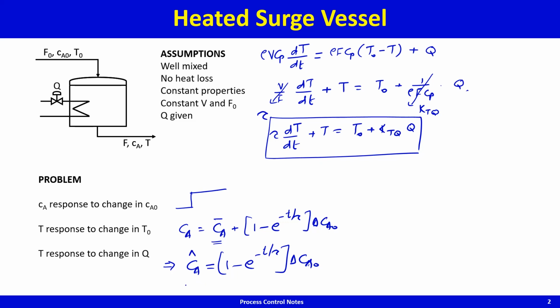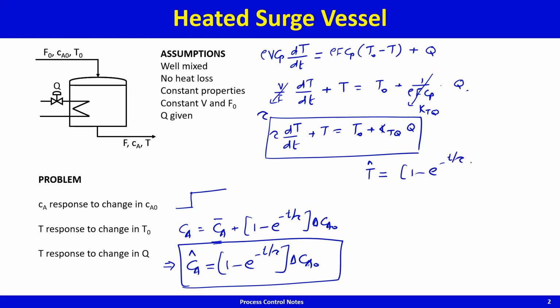So this is what we got, and this is exactly the same. I don't need to derive it again and again. So what we should get here is T response in response to a change in T naught would be this guy times delta T naught,